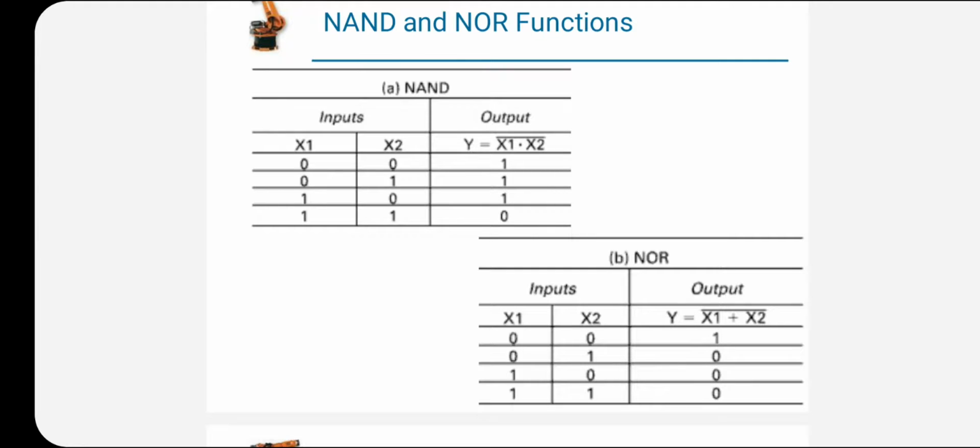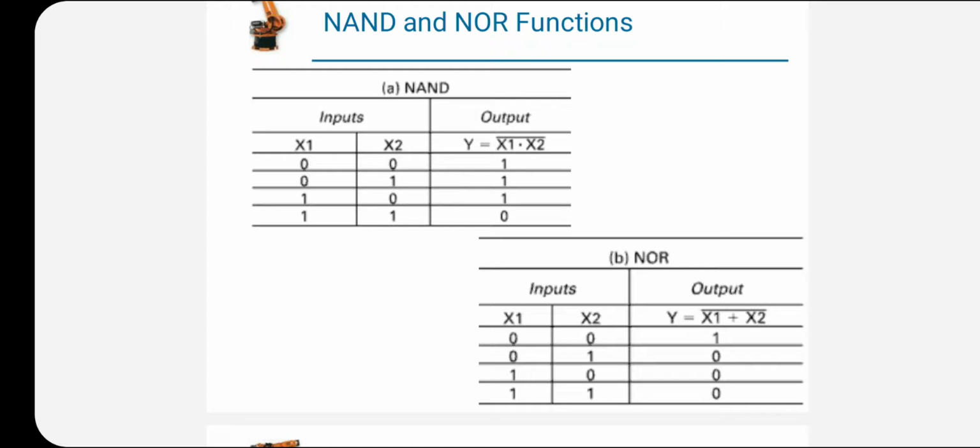Okay. If x1 is 0, x2 is 1, then for AND, no, for AND it is not 1, as only if both x1 and x2 are 1, then it is 1. For AND it is 0, and reverse of that 0 is 1. Third is x1 is 1, x2 is 0. So for AND function, if both are 1, then only 1, otherwise it is 0. So AND function is 0. So reverse of AND is NAND. So it is a 1.